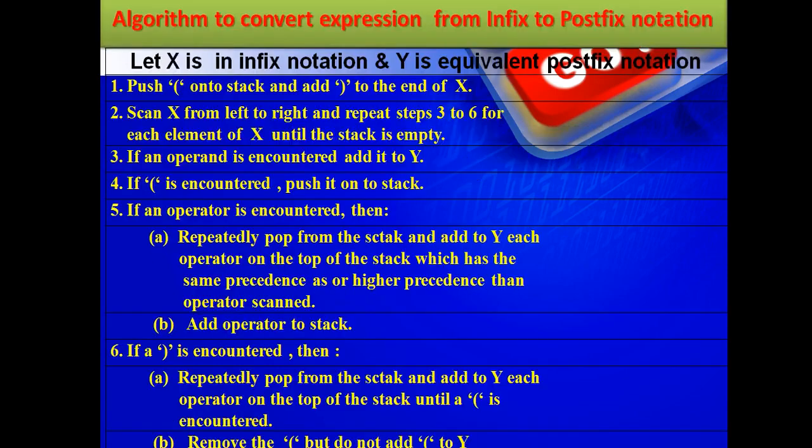Okay, now let us move to the algorithm. If you have time and patience, please note down this algorithm, or else this video will be available to you whenever you want to open and see it. But my suggestion is to write the steps on paper, so it will be very easy to understand. I am unable to see you, so I don't know whether some of you follow or not. Okay, let us see now.